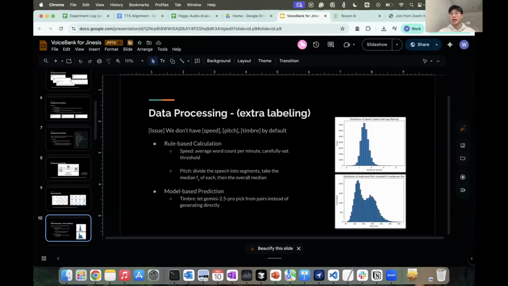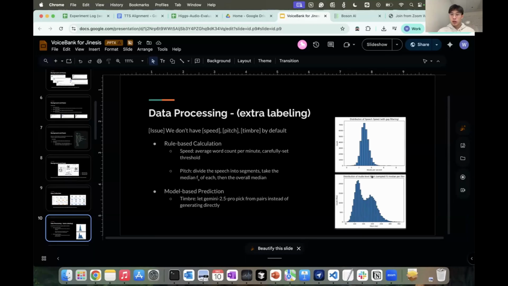Instead, we let the model choose from a pair of timbres: which one better describes the audio clip? We found that this way, the model could have a high accuracy and also less hallucination.